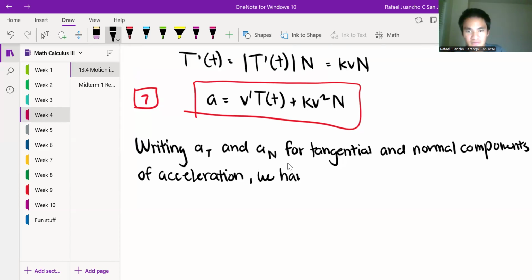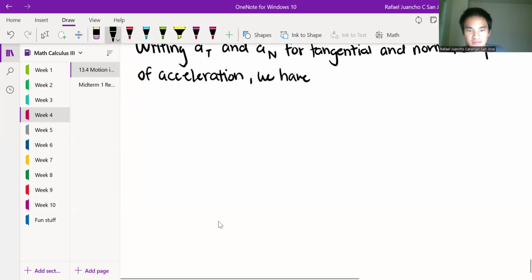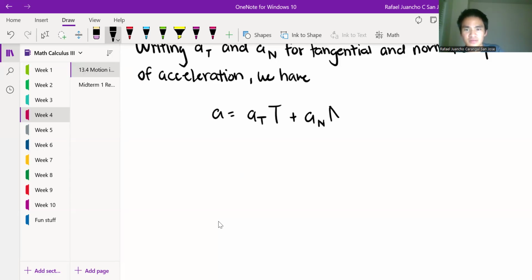Well, we now have something like this. We say that our A is equal to A sub t, our tangential component, times T, which is our unit tangent vector, plus our normal component times our unit normal vector,